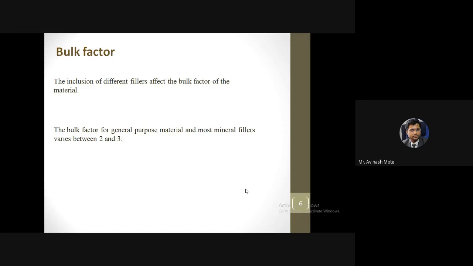I told you the meaning or the role of the filler material. Just take the example of bricks. Apart from soil, we are adding ash, we are adding water. Different roles: water will play the role of binder, ash will provide support for strength, it will increase the strength. Similarly, in this also we are adding fillers in the raw material. So apart from considering the volume of raw material, we have to consider the volume of fillers also.